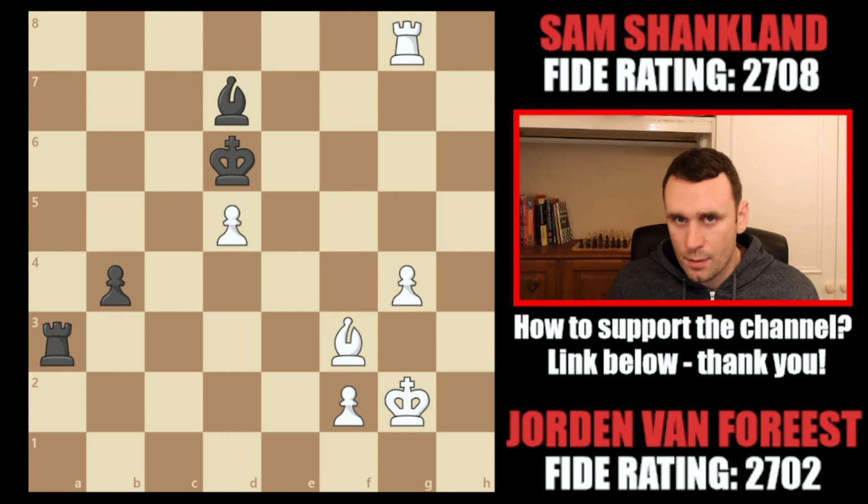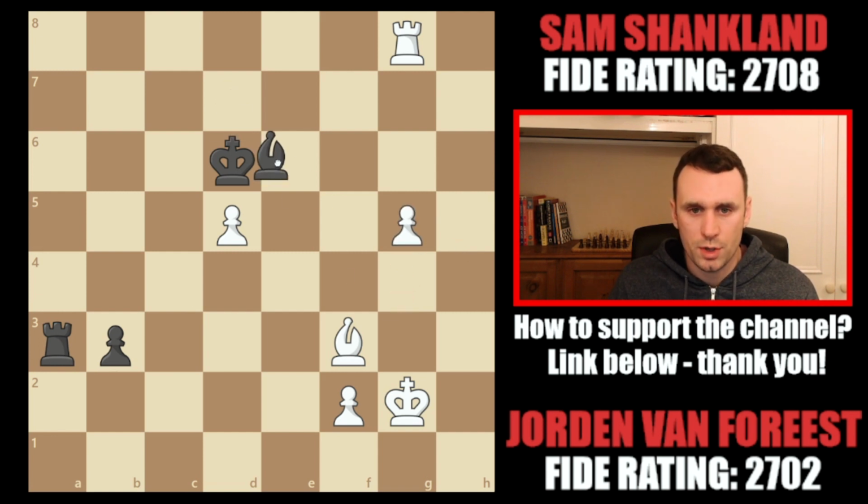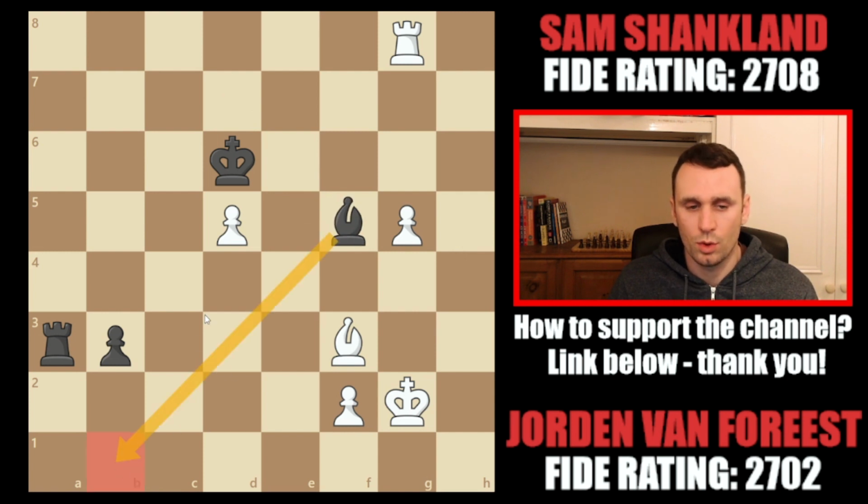So now Sam actually makes a terrible mistake. So he should push his pawn here. Basically it's critical that he pushes and keeps this one tempo, because now if Jorden plays pawn to g5, which he did in the game, you can go bishop f5 here. Now you really are going to queen this pawn if white doesn't react, so white would have to come across with the rook,